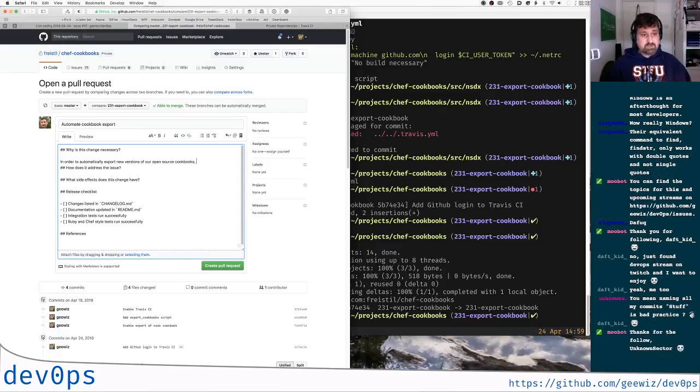In order to automatically export new words, this change